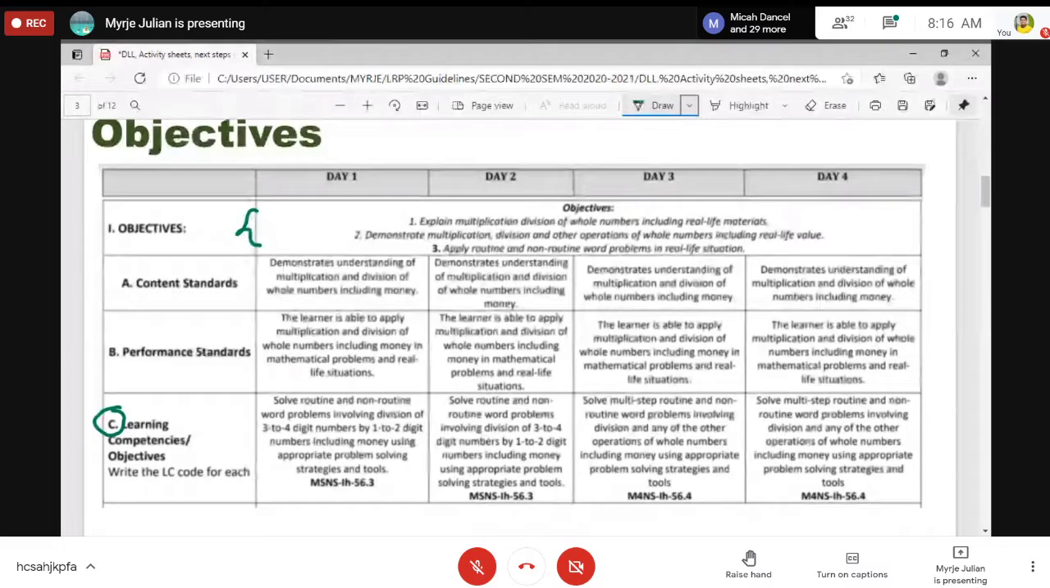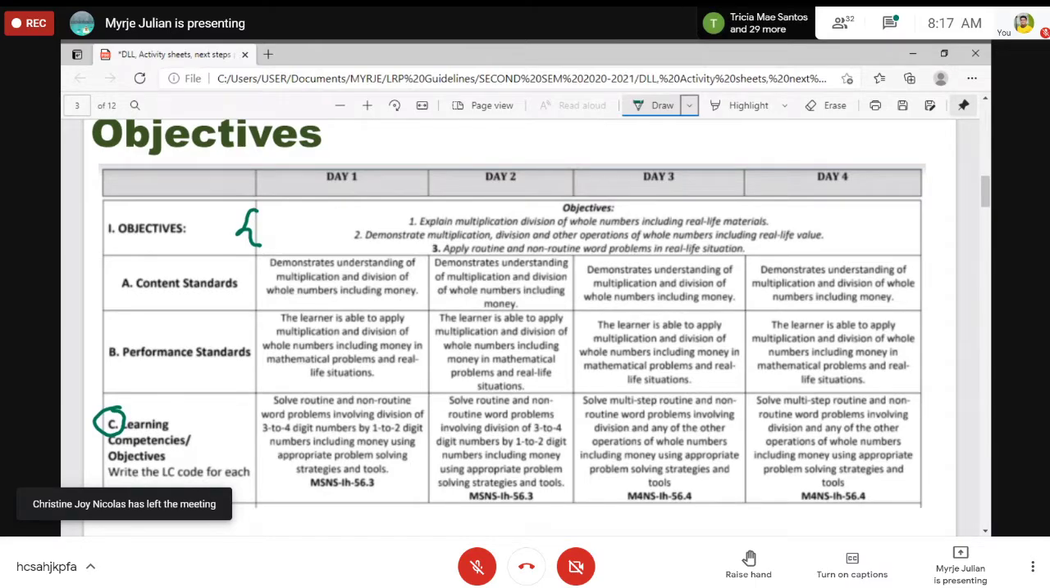So, sa objectives niya, meron siyang word na explain, demonstrate, and then apply. This set of objectives is somehow connected, actually aligned to the learning competencies assigned. Okay? Now, ang next kong titignan is, kaya ba ng grade 4 students na i-explain yung multiplication, division of whole numbers, including real-life materials? So to answer that question,